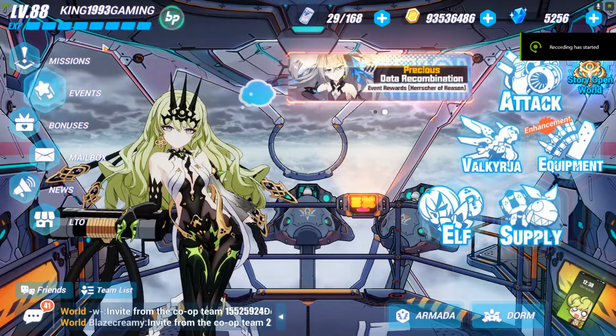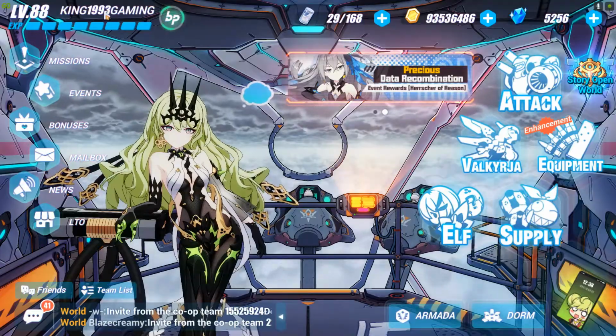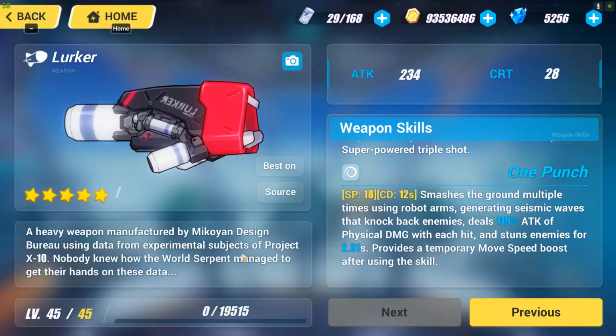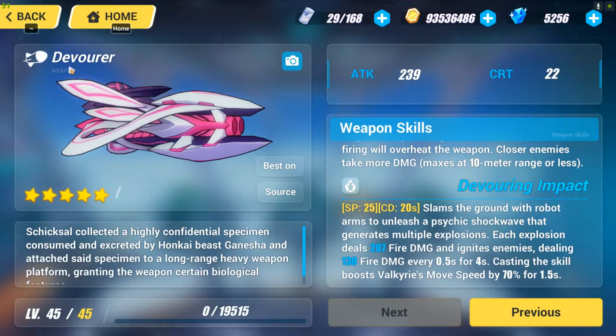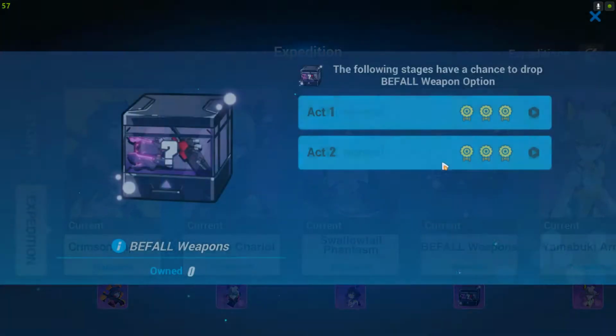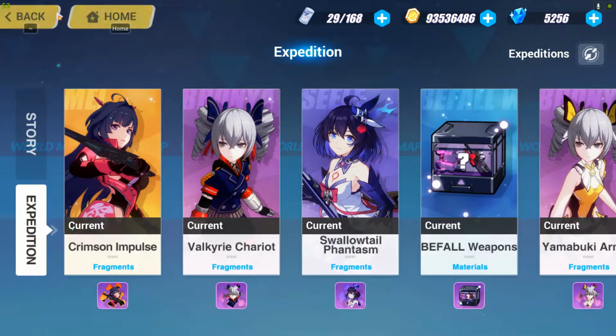Okay, two of the other free to get weapons I forgot to mention. Let's go to this section, and here it is. One of them is called Lunker and one of them is called Devourer. Now you can get these two weapons from the expedition. But here's the thing,